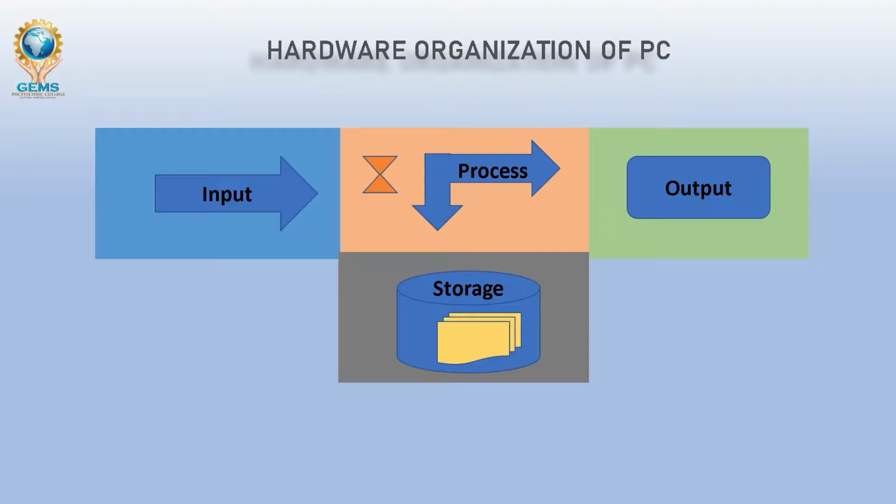Now we will see about the output function. After processing the input data, the CPU, auxiliary processor, or the process function sends the processed data to the output function or to the default or configured output device. By default, a computer uses a monitor as the default output device. Aside from the monitor, a variety of output devices are also available. Each output device presents the processed data in a different form.